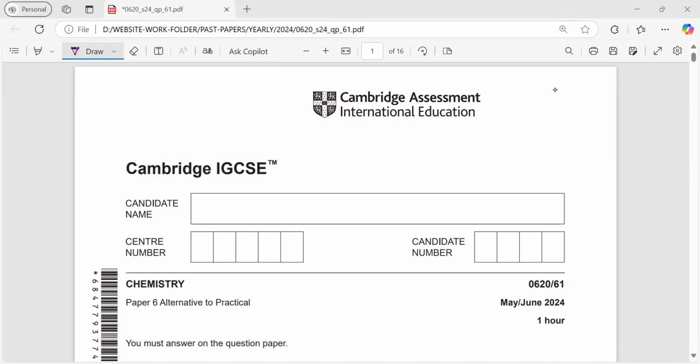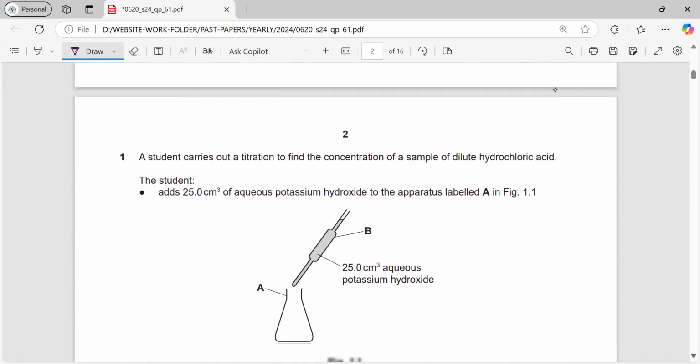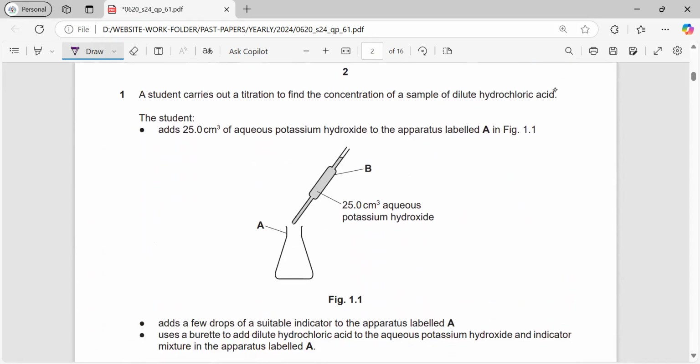Hey students, today we are doing the May June paper 6 variant 1 of the year 2024. Let's start this paper. Question number 1, a student carries out a titration to find the concentration of a sample